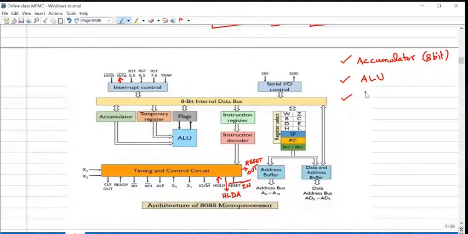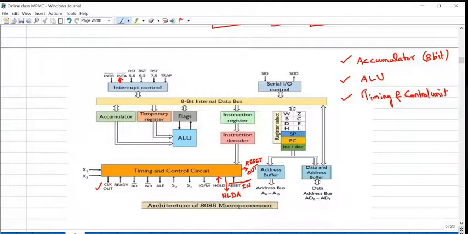Timing and control unit. If you look at this block diagram, you may get a complete idea. It has an oscillator circuit to generate the clock pulse for internal operation of the microprocessor, and using the clock out pin, the clock pulse may be used to drive some other devices. It provides overall control of the blocks in the microprocessor as well as the IO devices connected with the microprocessor. Everything is synchronized by the timing and control unit.